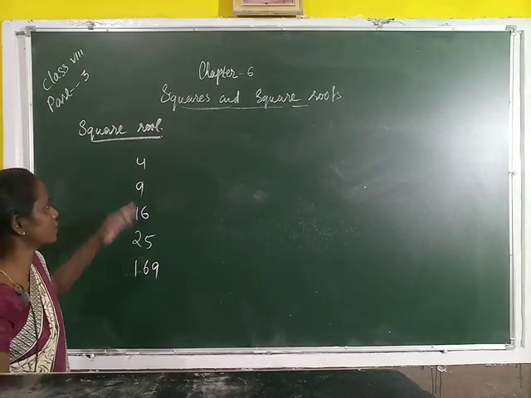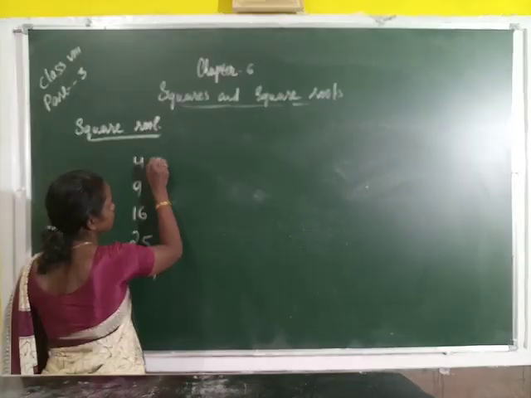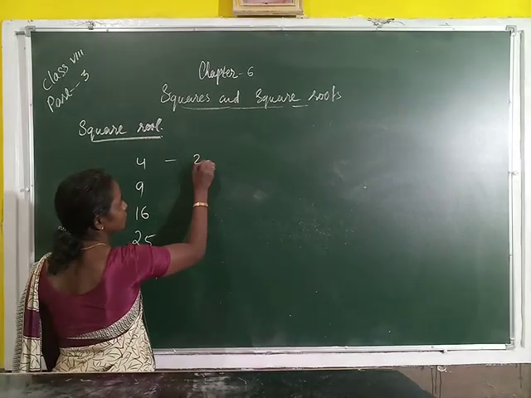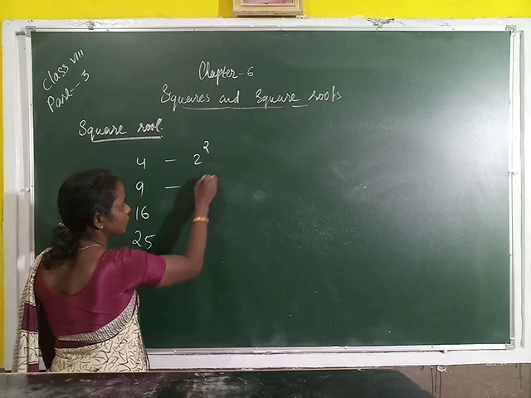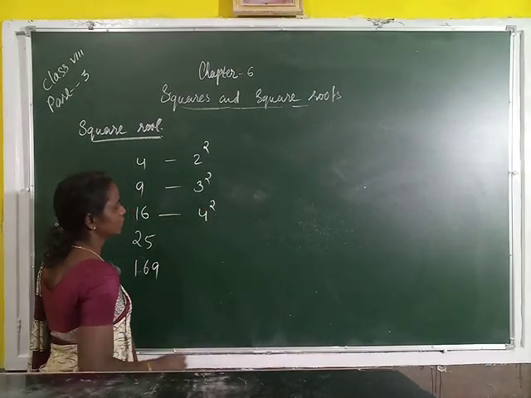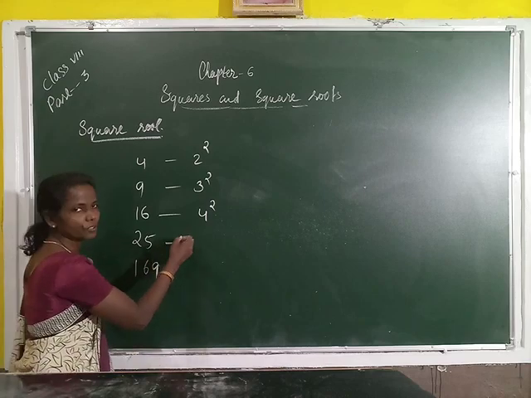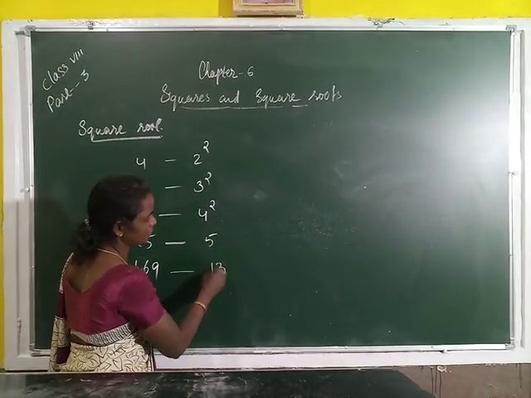These numbers are square numbers. Then 4, we can write as 2 square, and 9 as 3 square, 16 we can write as square of 4, and 25 as square of 5, and 169 as square of